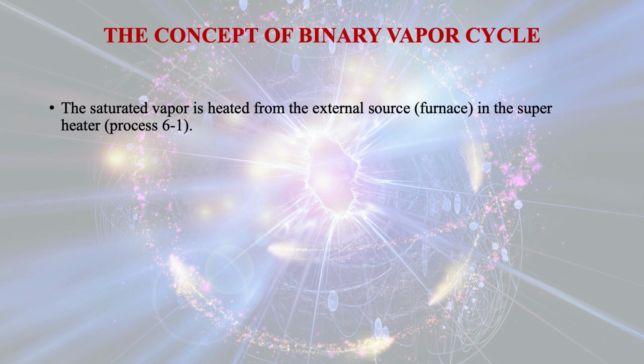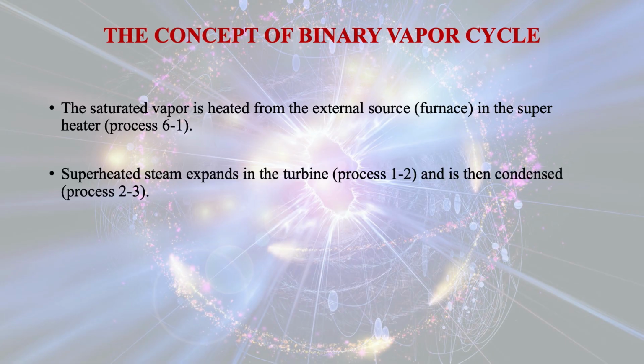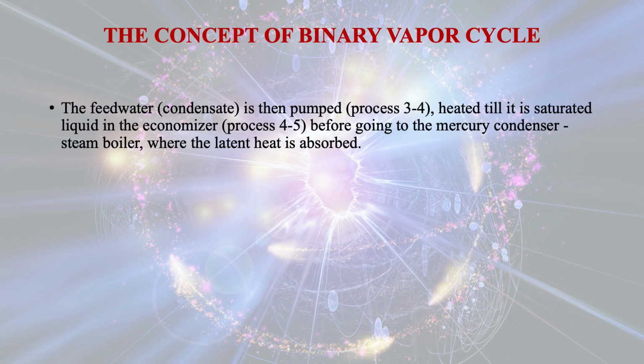The saturated vapor is heated from the external source in the superheater, that is process 6 to 1, and superheated steam expands in the turbine, that is the process 1 to 2, and is then condensed, that is in the process 2 to 3. The feed water, that is condensate, is then pumped, that is process 3 to 4, heated till it's saturated liquid in the economizer, that is in the process in between 4 to 5, before going to